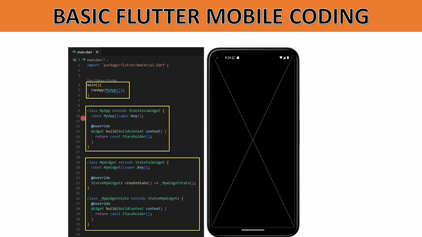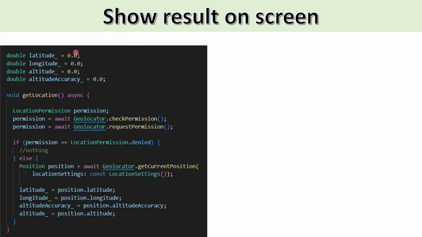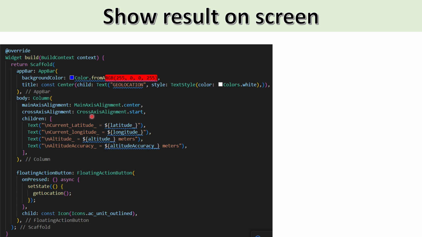After that, stateful widget class, and then we continue to make the parameters, the latitude, longitude, altitude, and altitude accuracy, and then we make a function to get the lat long and to measure the altitude. Okay, after that we make the 4 parameters. We make a presentation on my virtual device by using this widget context.